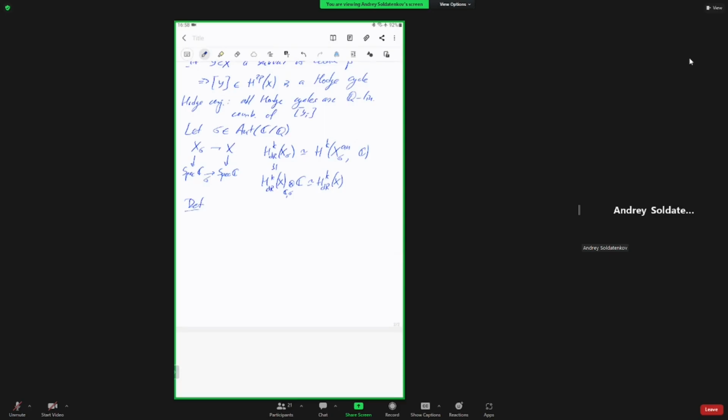If some cohomology class remains a Hodge cycle for all automorphisms sigma, then it is called an absolute Hodge cycle. So we can take some element in F^P H^2P, and I want to call this element an absolute Hodge cycle